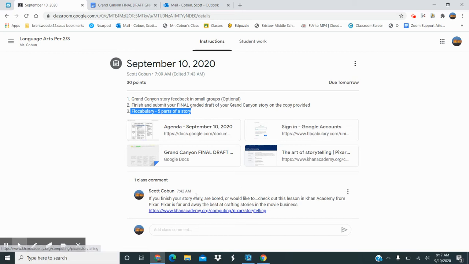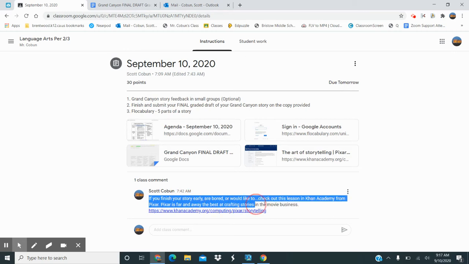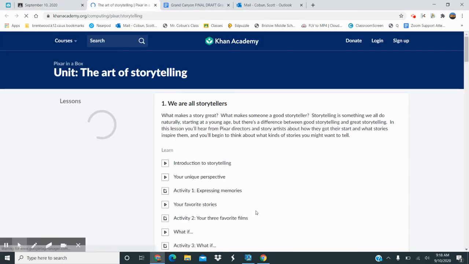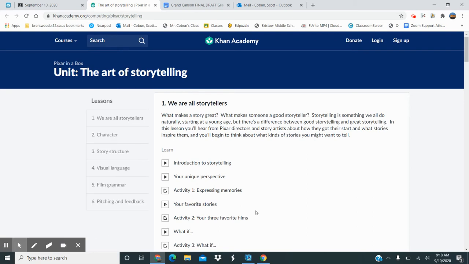There's one piece here that is optional. If you finish your story early, are bored, or would like to, I want you to check out this lesson in Khan Academy from Pixar. Pixar is far away the best at crafting stories. And so there's a whole ton of stuff here. I'm not going to give it to you as an assignment at this point. We might actually turn it into an assignment next week, but there's so much really good stuff here that if